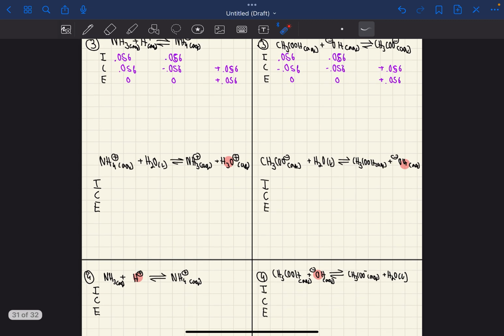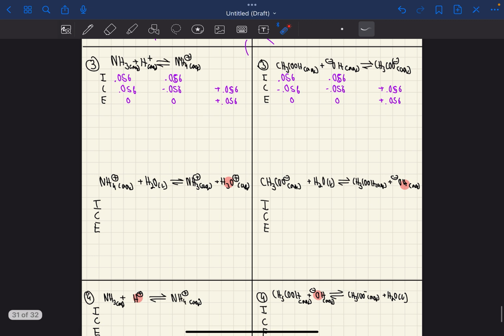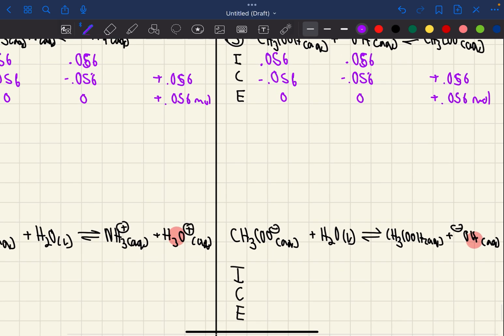But let's now start with our actual ice table for this problem, and this is where people were confused before, but now I hope that you guys have a better idea of what's going on here. So before I start with the ice table, you want to remember this is moles, right? This is moles, and then this is moles, right? You want to convert it again to your volume, to your molarity. Sorry, you need your molarity, so you need molarity of your